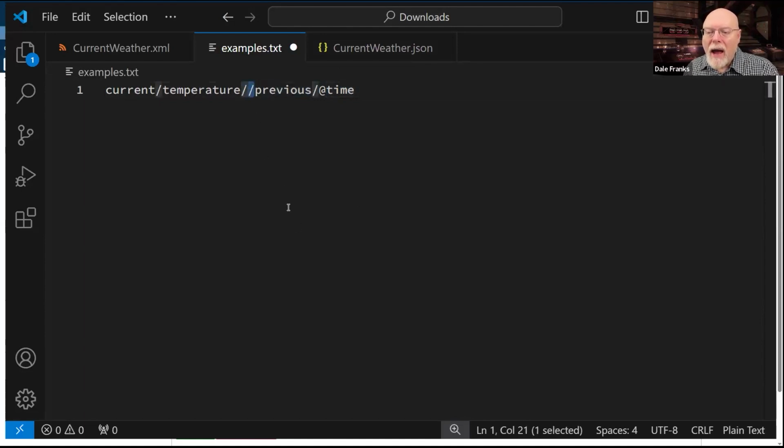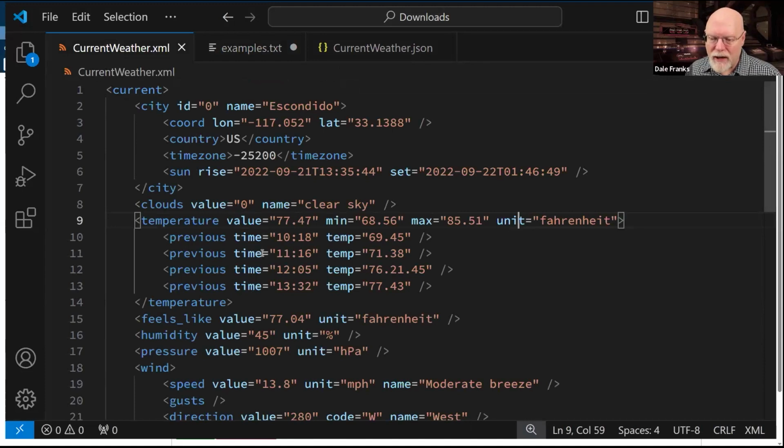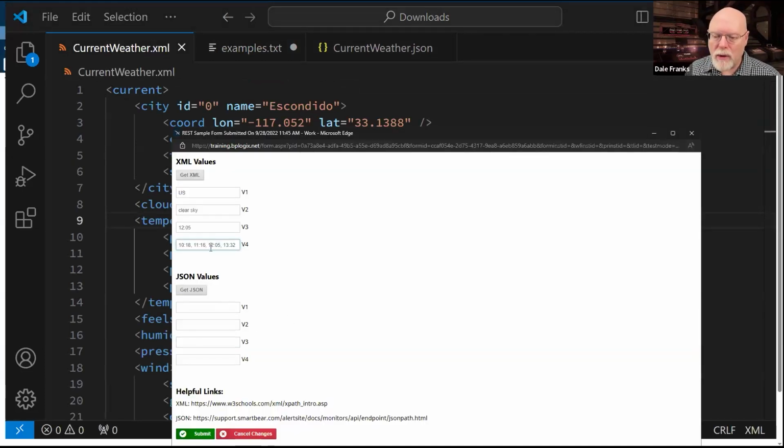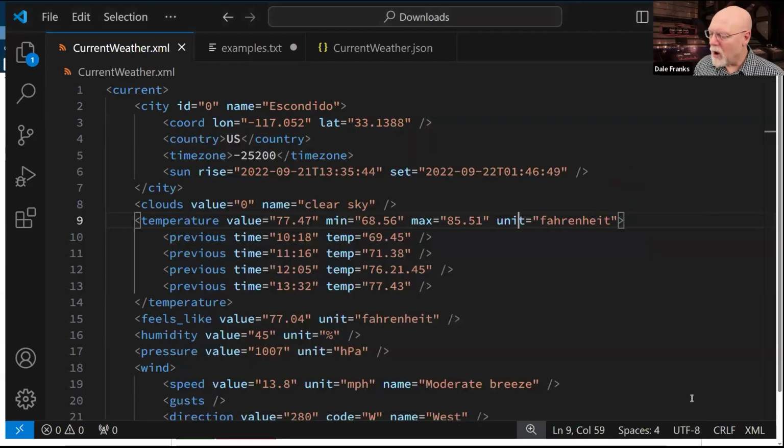So all I have to do is throw in this extra slash before previous, and it's going to give me every item in previous. It's basically going to treat it like a single array field in a Process Director form. And it's just going to return the time attribute. And since I have 4 elements in my previous array here, then on the form, it's just going to return me my 4 times that are in my previous array setup.